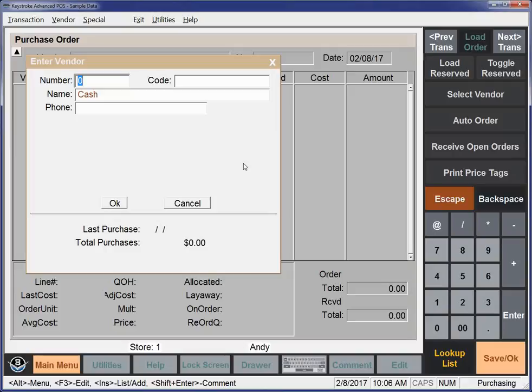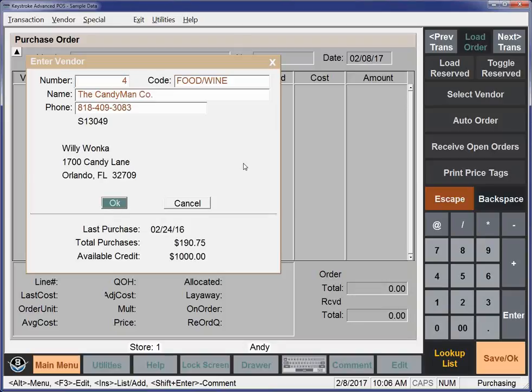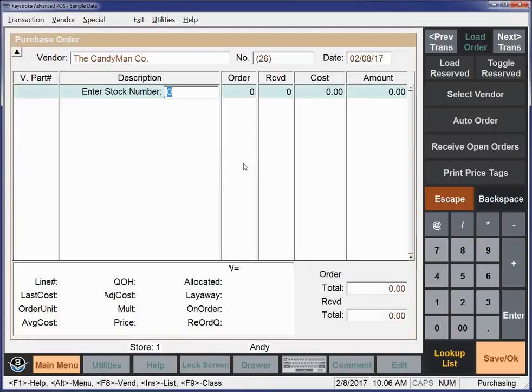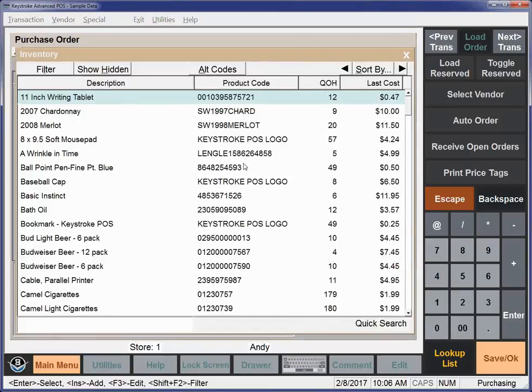This is our Martha Stewart color theme we've got going on. So I'm just going to put in a vendor, say vendor number 4. Now, when I put in that vendor, I can add items, and if I can